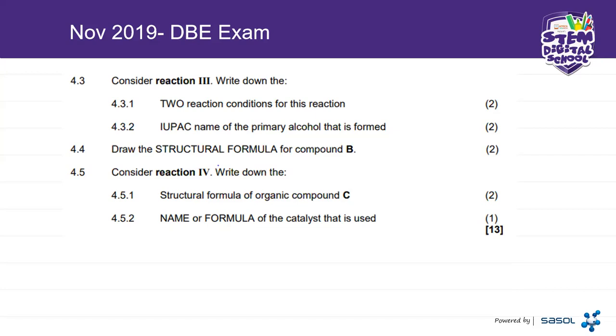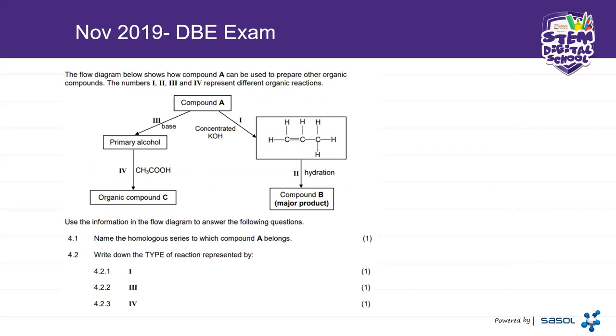Okay, I'm just trying to see where I am. Okay, so it says here on 4.2, write down the type of reaction represented by 1, which is this one here. Okay, they want you to write these reactions over here. And our number 4. Okay, write down the type of reactions represented here. So here we already can see that this is a